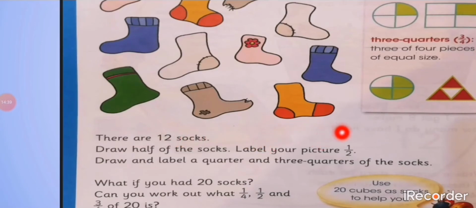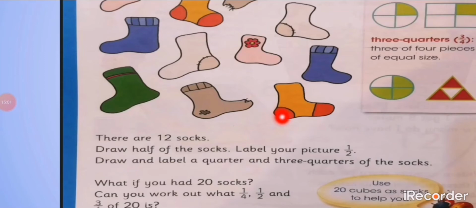Label your picture 1 by 2, means half. Draw and label a quarter and 3/4 of the socks. First we will find out the half of the socks, or half 1 by 2 of socks, then we find out the quarter of the socks and 3/4 of the socks, and we will label them 1 by 2, 1 by 4 and 3 by 4, and we will do